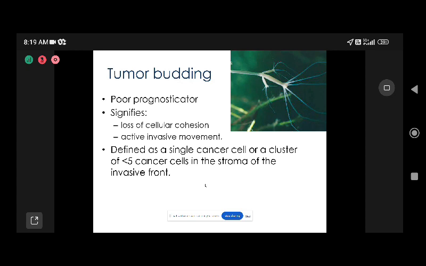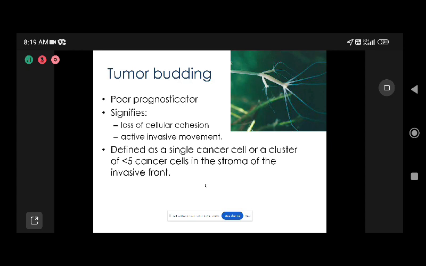Now, what we mean by tumor budding is a measure of basically the phenomenon of epithelial mesenchymal transition. As tumors advance or acquire metastatic potential, they start breaking down into smaller groups, become discohesive, and there is more and more cellular dispersion. When they are more epithelial, they are more cohesive. When they start acquiring mesenchymal properties and become more adverse, they become less cohesive and start